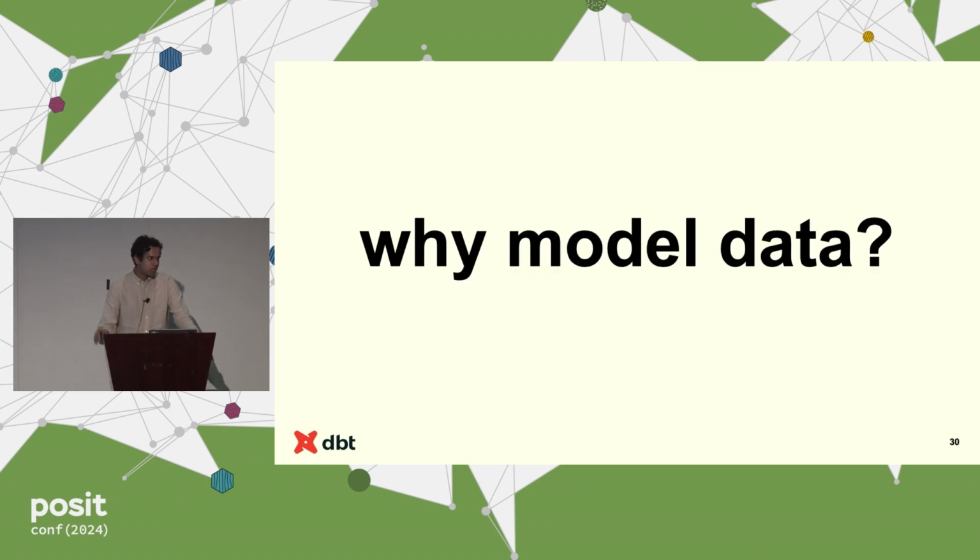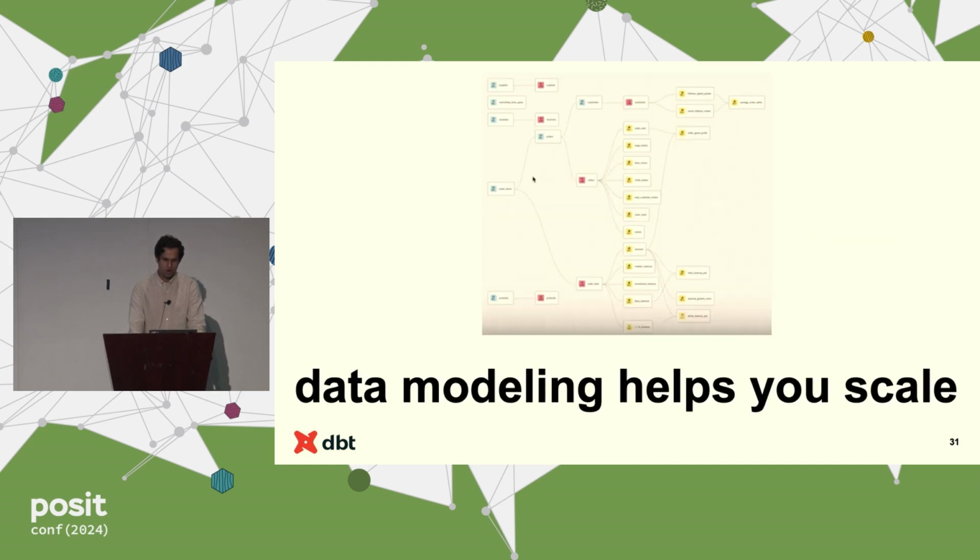Cool. So hopefully I've had you convinced, but if not, this is why model data, which is why do it in the first place? All this talk, fine and dandy, but what are the practical benefits of it, right? And I think for me, it all just boils down to that it helps you scale, right? And so this is a pretty picture of a DAG, which is a directed acyclic graph of all your transformations. Each node, you can think of as one of the transformations